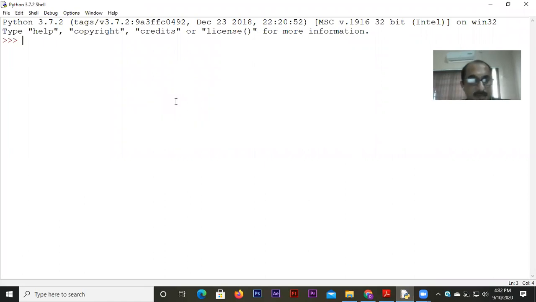What is the purpose of the function partition? The partition function gives you basically three elements in a tuple, and it will also help you to search for a substring in a string. For example, I wrote st equal to "hi, how are you doing?" Okay, this is my string, right? Then we took a variable p, and we wrote st.partition.